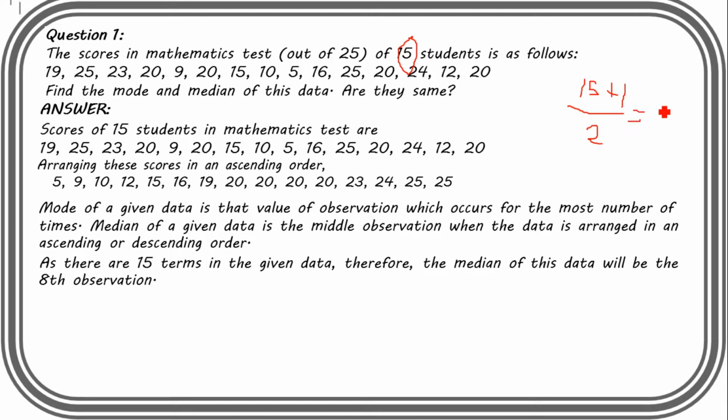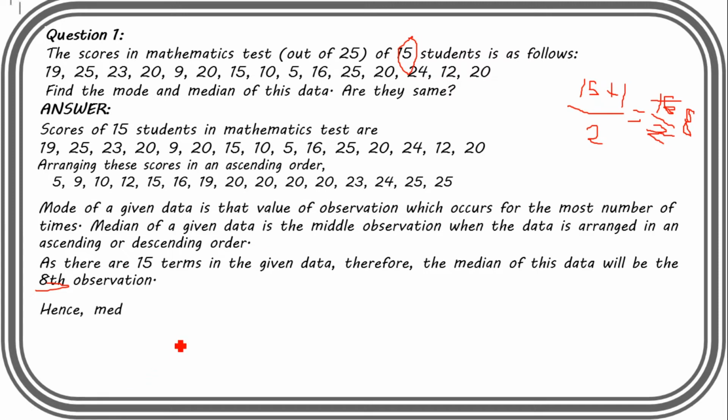Divide by 2. So here we get 16, which we are going to divide by 2. So afterwards we get the answer 8. Okay, like this we are getting the number 8. Is that okay? So from the total we will add 1, then divide by 2. So this is the method for finding the median when we have an odd number of terms or odd number of observations.